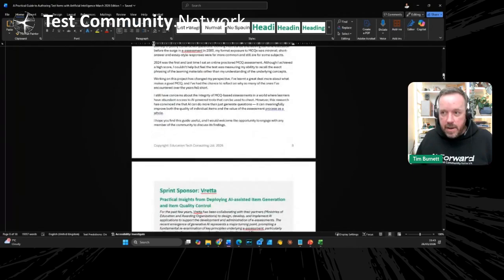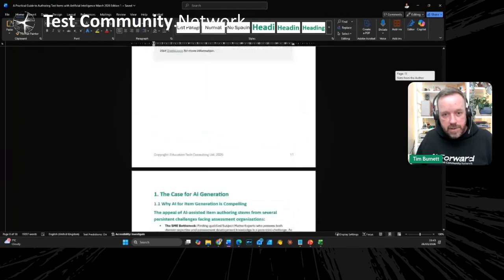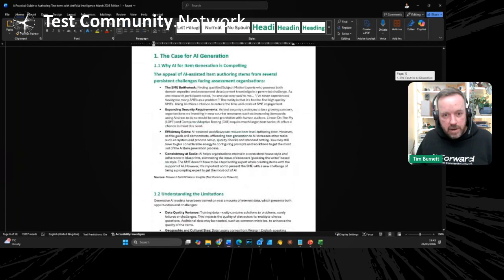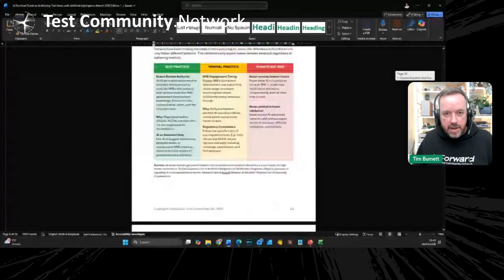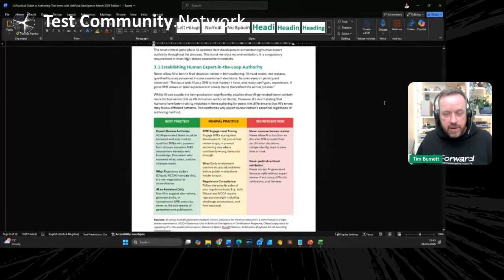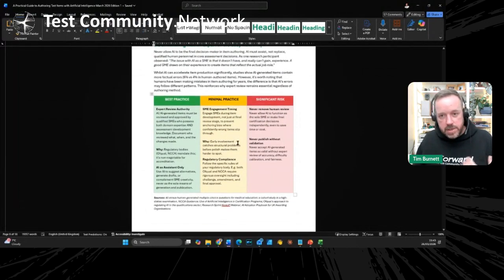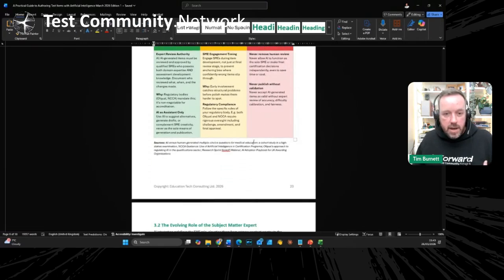And then you've got Veretta's piece of information. And what I've done is break it up into limitations, guides, before you prompt. And then in each of these sections, so expertise, I've given my view, based on the research and my understanding and experience with this, of some best practice, some minimal practice, and some significant risk items as well.